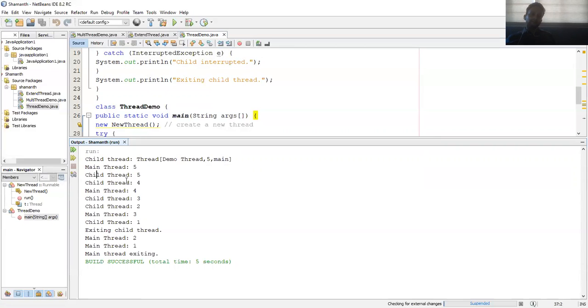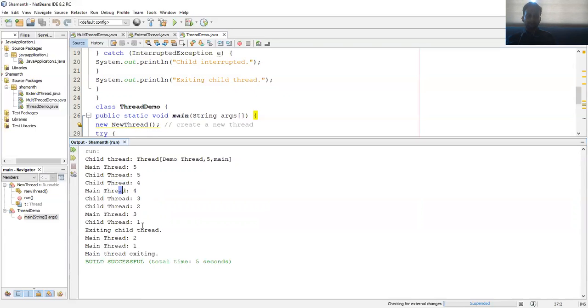Then the print statements we are getting over here alternate between the two threads. Which are the two threads here? One is the main thread and another is the child thread. In the first case, the main thread prints the 5 value. Then you can see that from the main thread it goes to the child thread, so the child thread is executed over here. Then again the child thread is executed for 4, then again the main thread for 4. Like that you can see that the Java program alternately shifts between the main thread and the child thread.